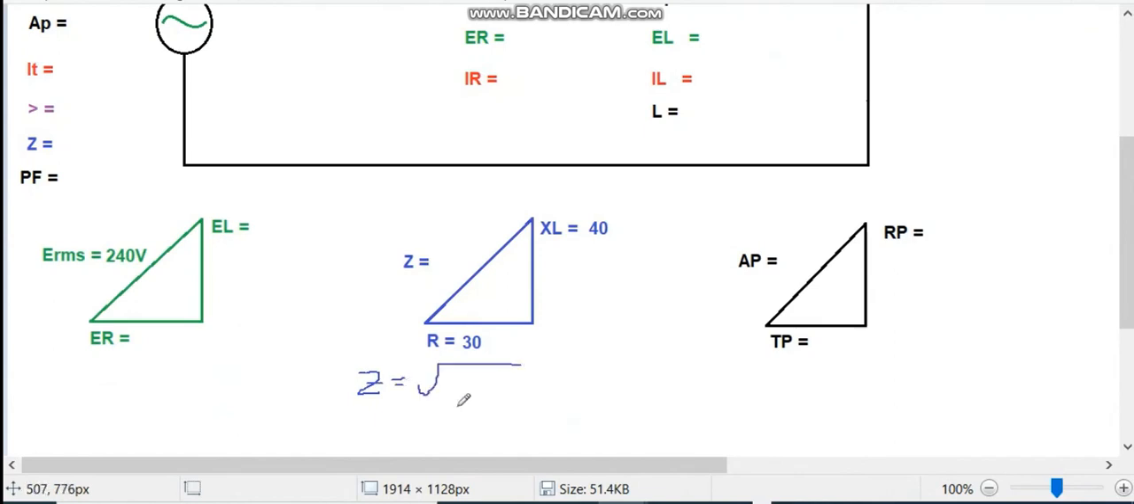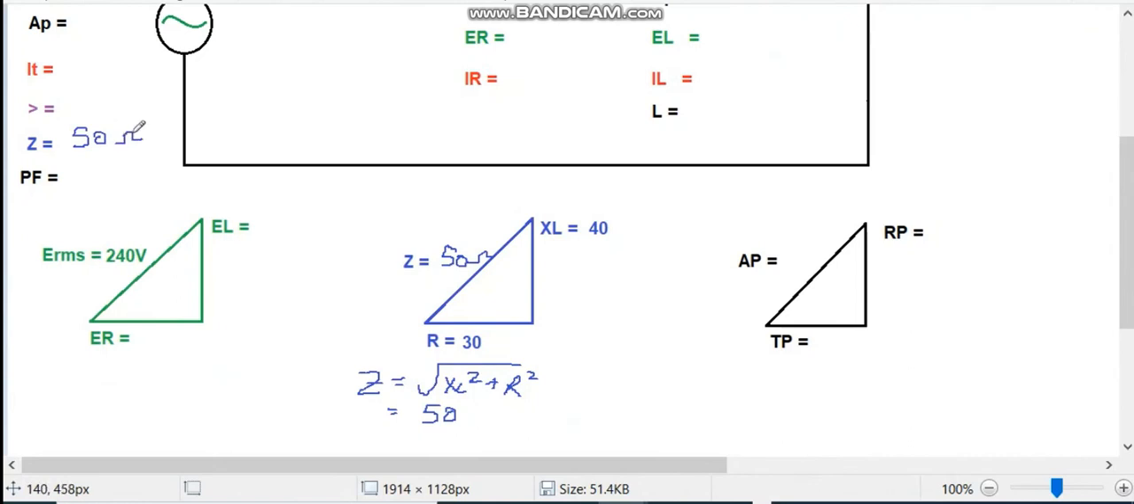So Z would equal the square root of XL squared plus R squared. Yeah, 40 squared plus 30 squared, square root. So I end up with 50, and that should be no surprise, 3-4-5, right? Okay, so I got a total impedance in the circuit of 50